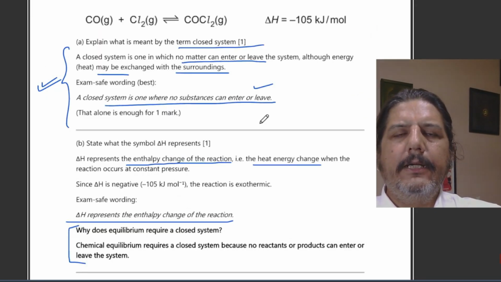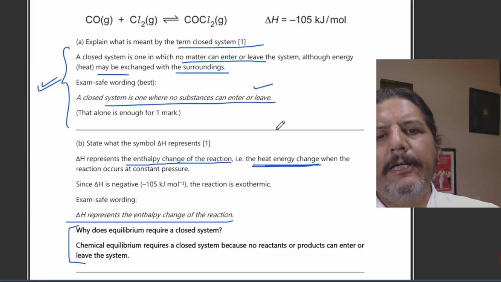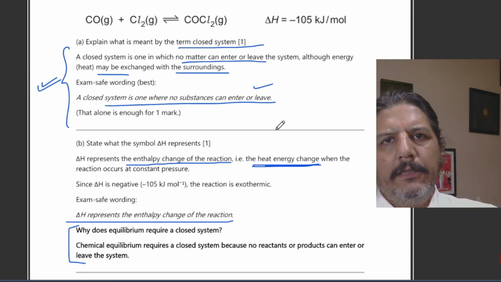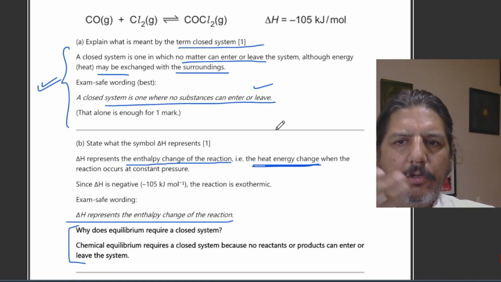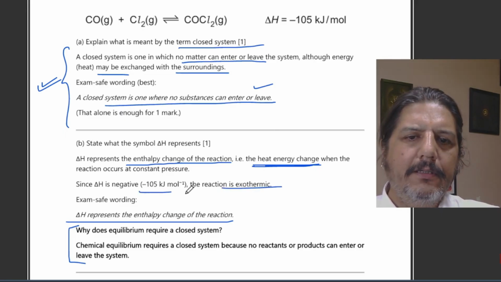Basically, the technical definition is enthalpy. But again, in grade 10, they don't use the word enthalpy. We write it as heat energy only. So basically, delta H is the net energy that a system either gains or loses. So here, delta H is negative. It's an exothermic reaction. Delta H represents the